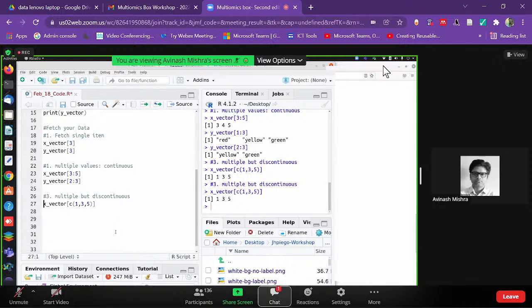Fine. If you have not done this, I'm pasting it. So today, even if you understand the vector concept, that would be good enough. Okay. Now the next is